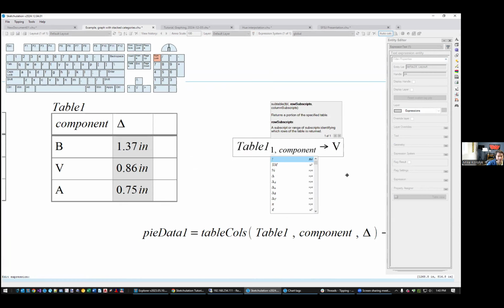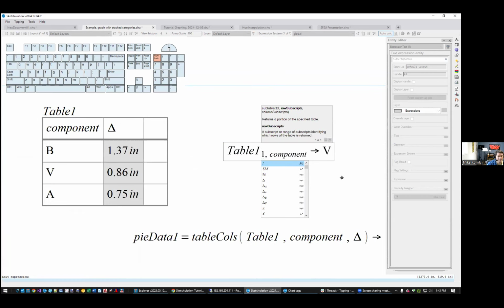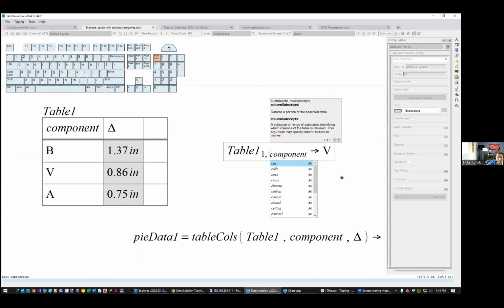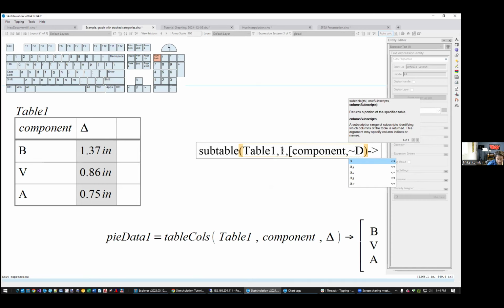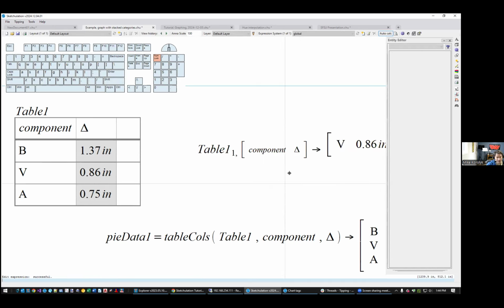So using subtable is a little bit dangerous in that sense. But you can also use this to get an array of subscripts. You could get the component and the delta all at once. So it says a subscript or range of subscripts. So what I could do here is put an array component, comma, delta, and then this gives me